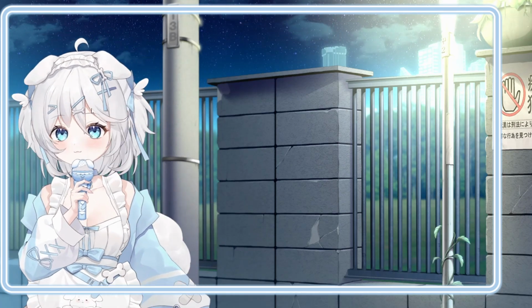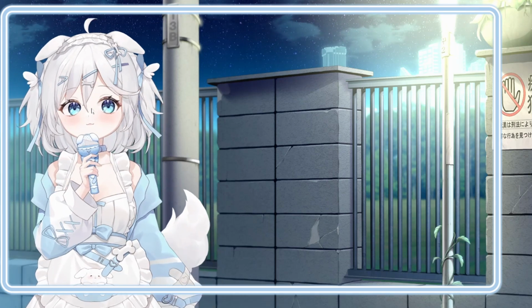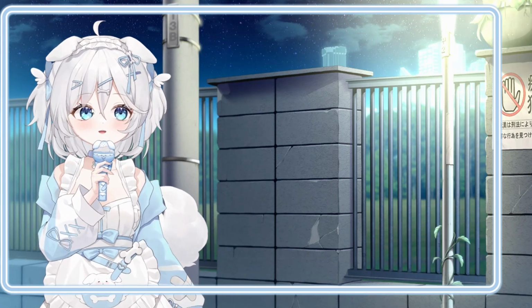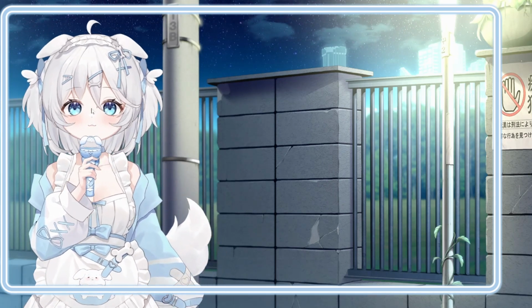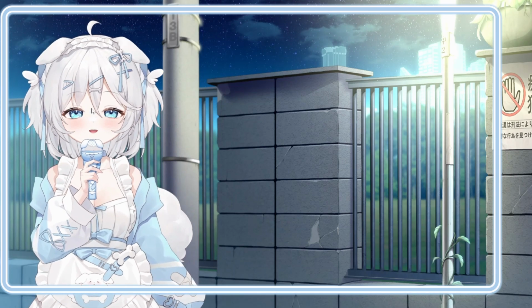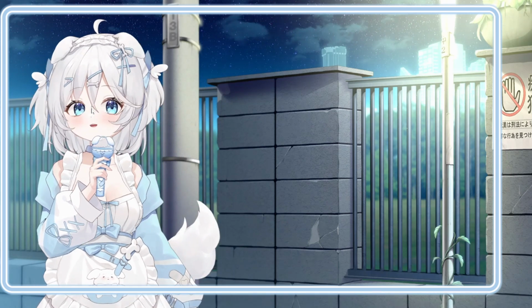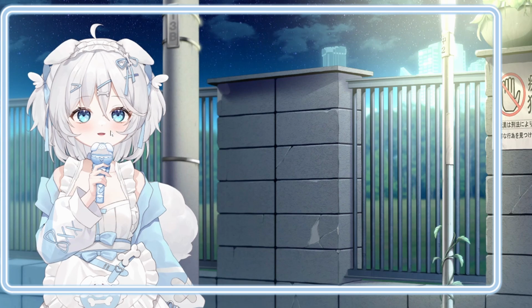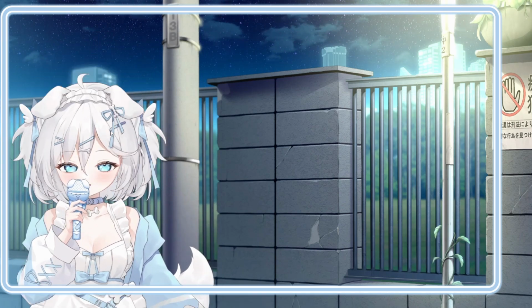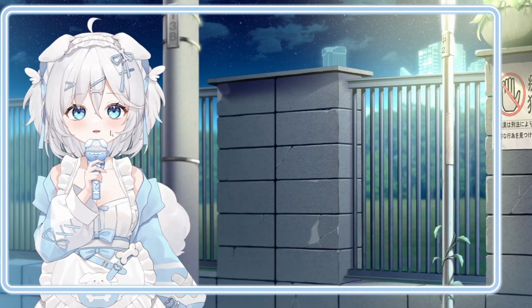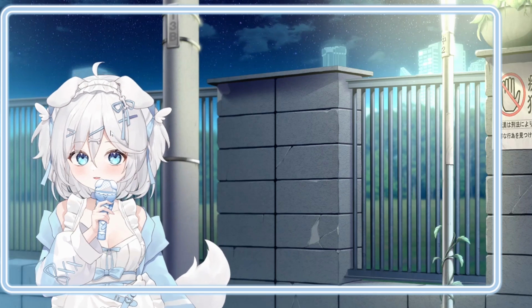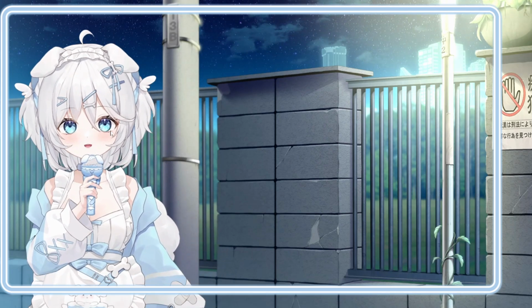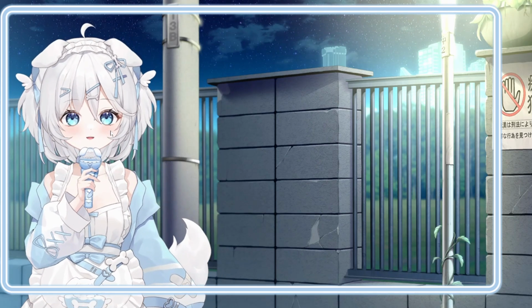Anyway, next one is your avatar. Now, this one doesn't really apply if you're just going to use your face. But if you are going to use an avatar, keep that in mind. For example, I'm using a VTuber 2D model. My one is obviously again linked back to the colors.